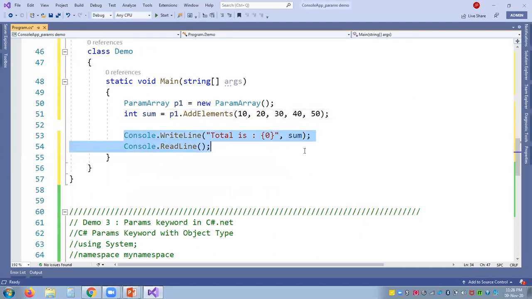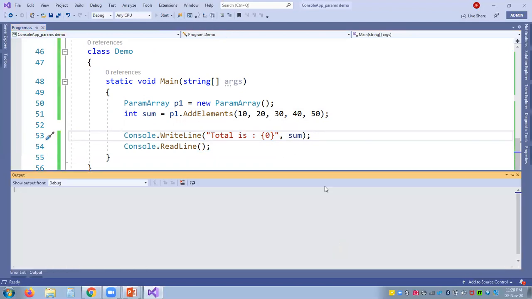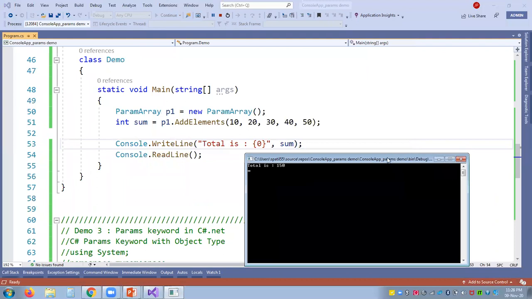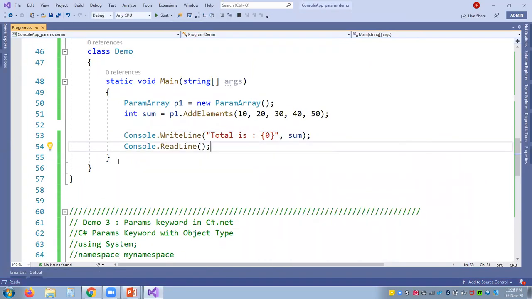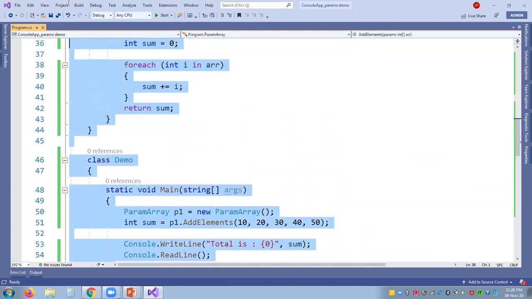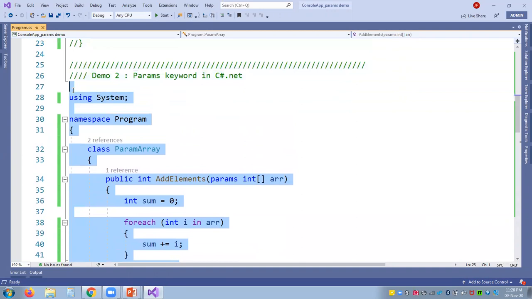So what is the total? I'm going to print it. As the function is going to return the value, we are expecting the sum, an integer value. So the total is 150. However many numbers you send, accordingly the calculation will be done, the elements are getting added and you will get the sum. This is the second example. So in the third example,